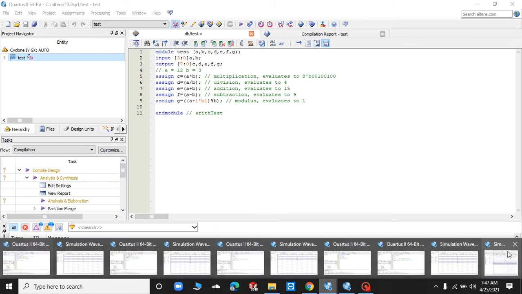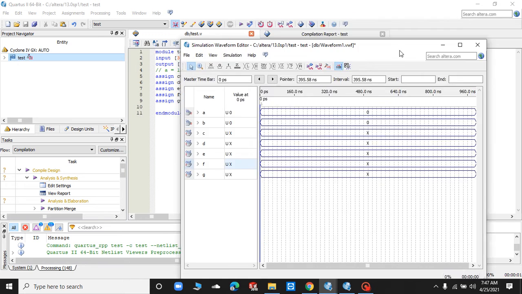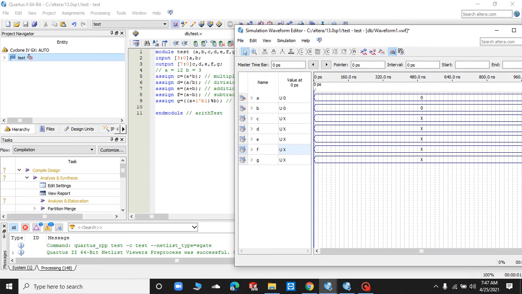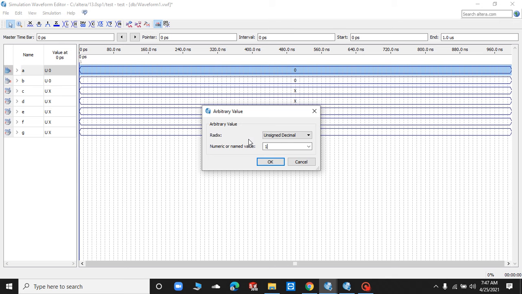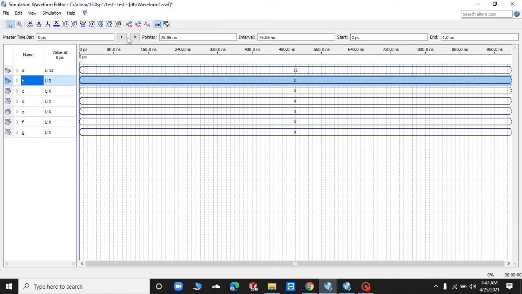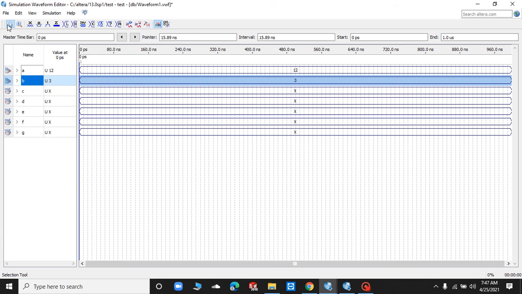I open this and assign the values, A to 12 and B to 3. The value of A is going to be 12 like this, and the value of B is going to be 3 like this. Then we click OK, and then we have to run this program.